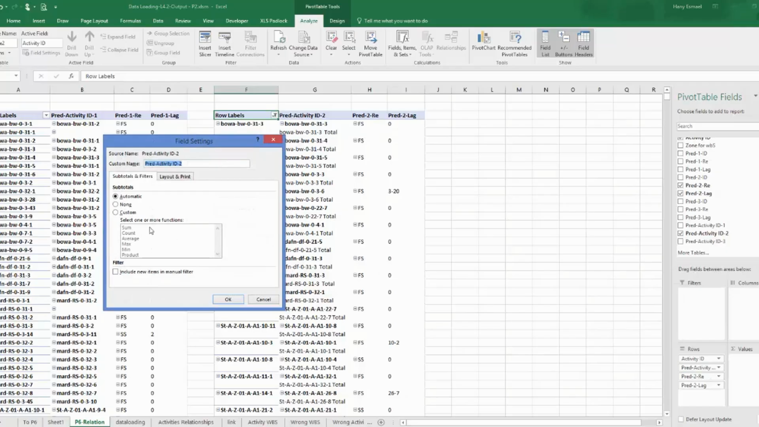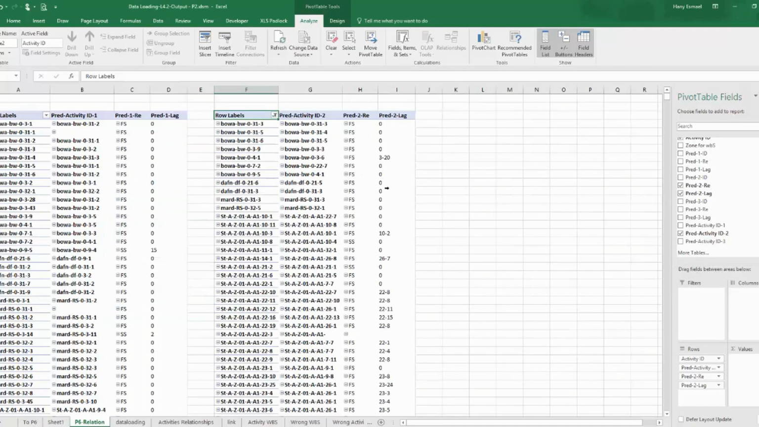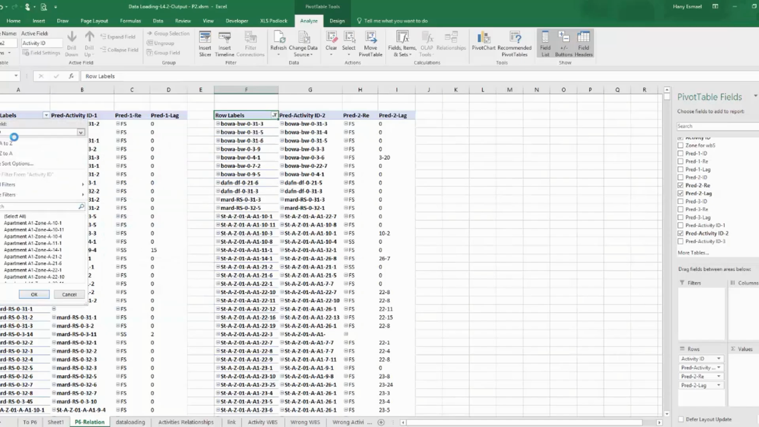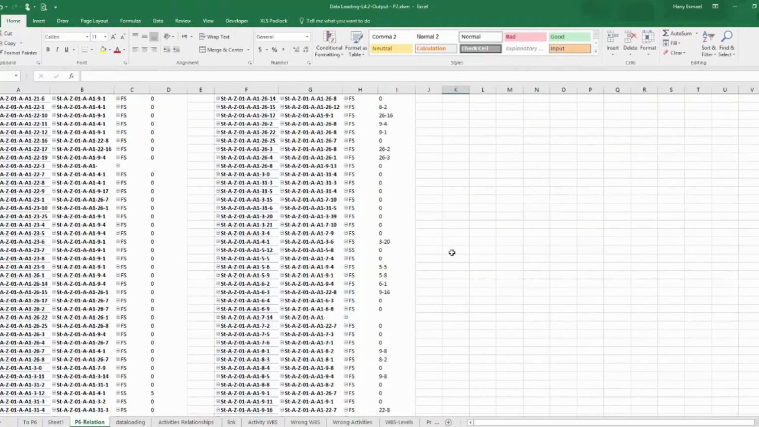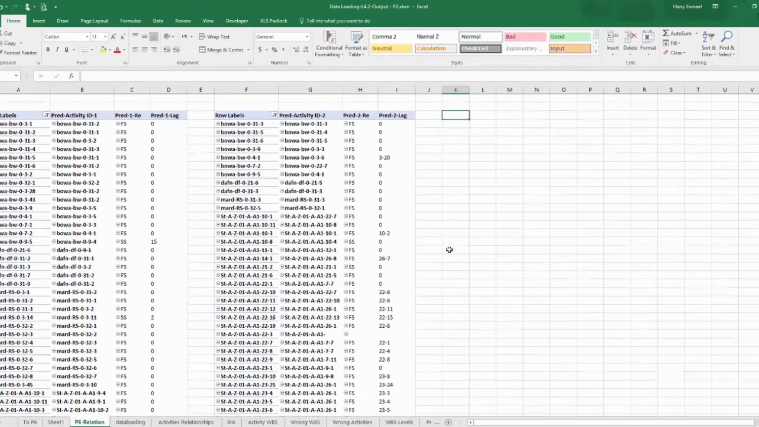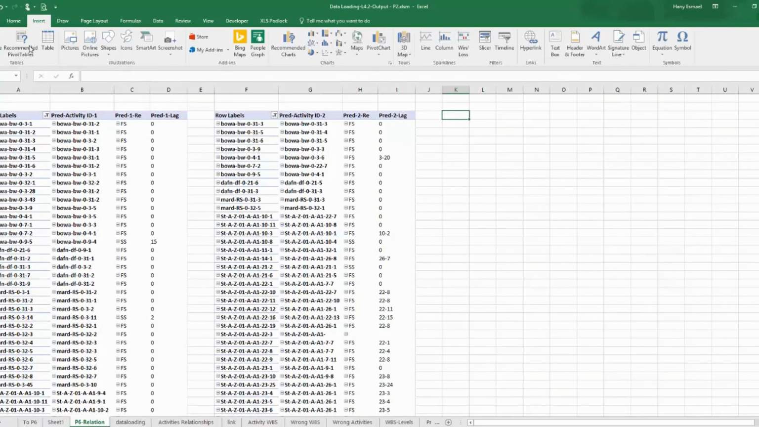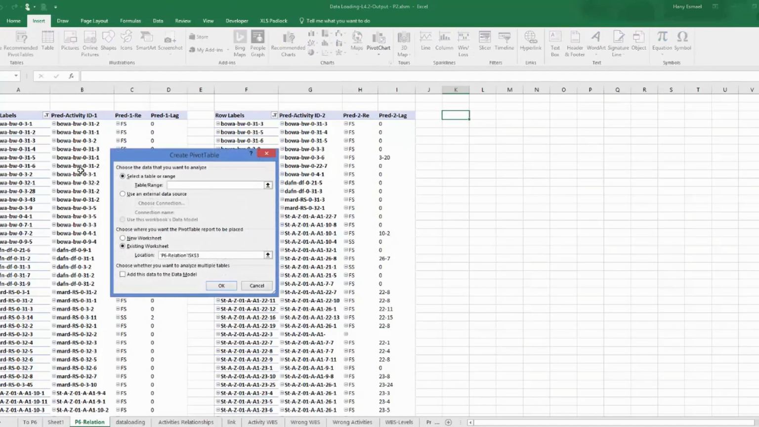So let me find where the subtotal is. This one. Okay, I'll do the same here. I'll make a filter from activity ID 1. I will remove the blanks, so I need only these ones. Okay, now I need to insert a new pivot table. Insert pivot table from table 3,